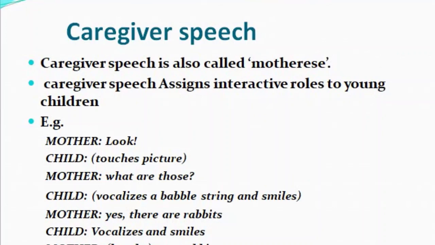Again, caregiver speech is also called motherese, because, as you said, the mother is always babysitting her child, so she always interacts with her children. Now, if you take a look at this example, which should be pictured, because without pictures we cannot represent it very well. However, the mother says, "Look," child touches the pictures. Mother, "What are those?" Child vocalizes a babble string and smiles, which gives something that I understand these are pictures. Mother, "Yes, there are rabbits." Child vocalizes and smiles again. And mother laughs, "Yes, rabbits." It looks like that the mother and the child has some code of communication. Now let's start with the first